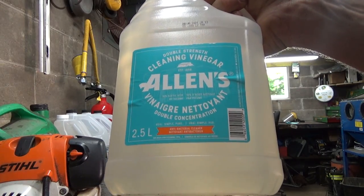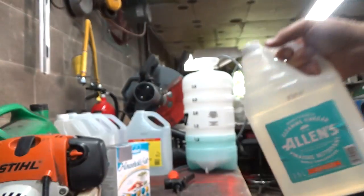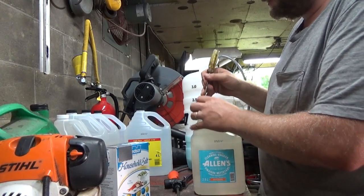Okay, so now we've got some little stronger vinegar. This is a double concentration, double strength cleaning vinegar, and it's actually 10%. You don't need to really use this, but I want to really kill weeds good, so that's why I'm using this. So this I'm just going to dump in